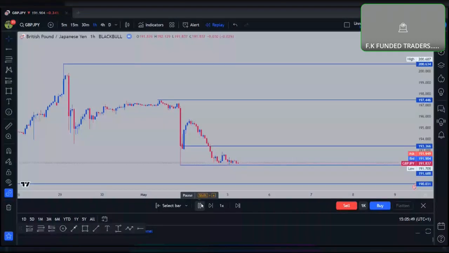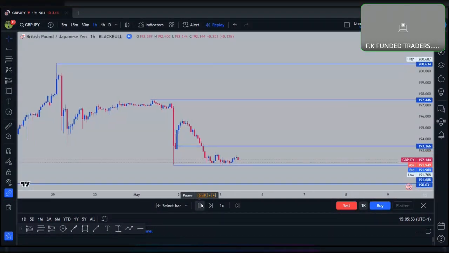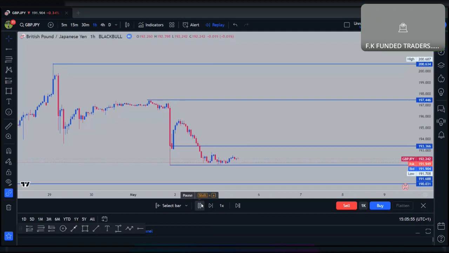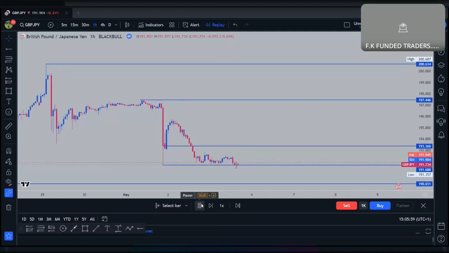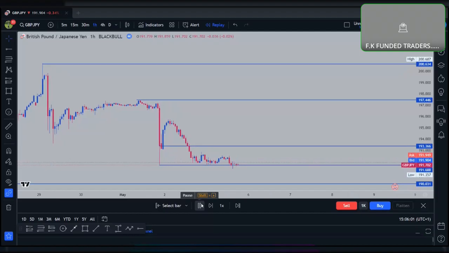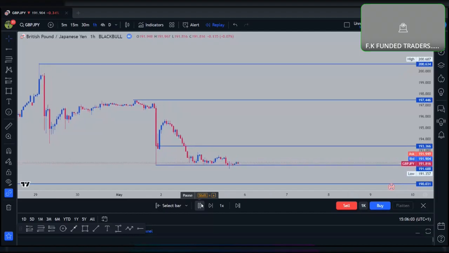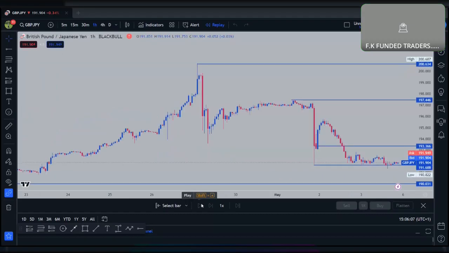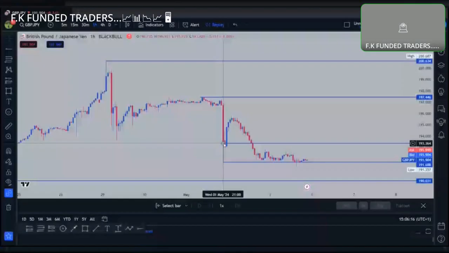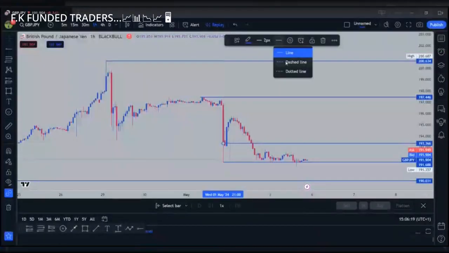And remember, this coming week we're having a lot of red events on GBP pairs. What I was trying to prove to you guys is that marking wicks is better than marking body closes. They didn't respect the body close, but they've respected the wick. That's where the market closed from. So this one, let this be our low risk area.